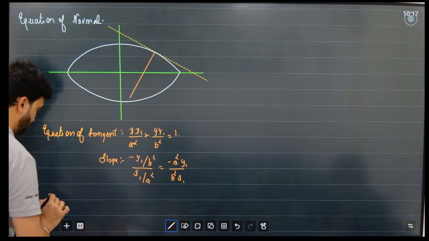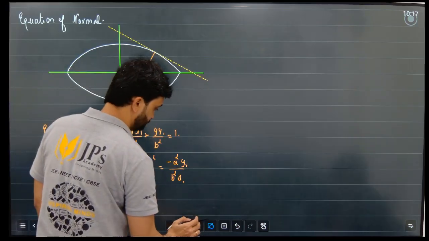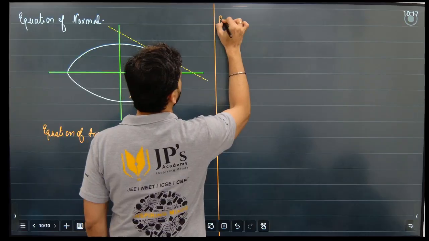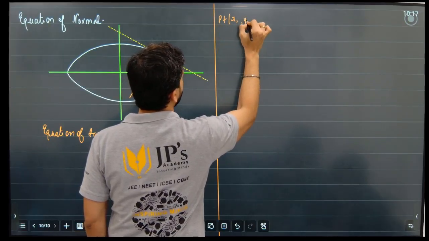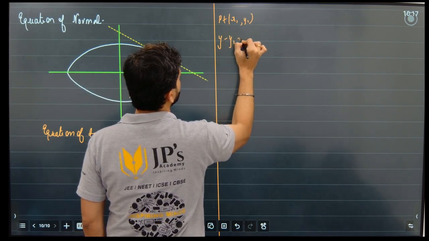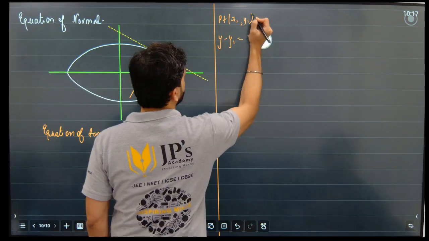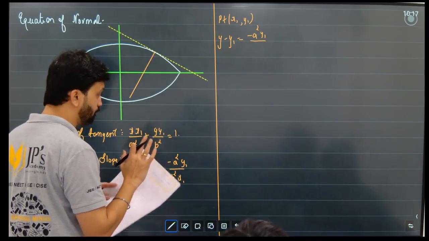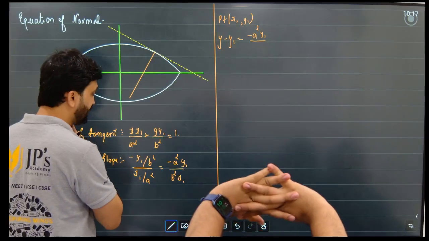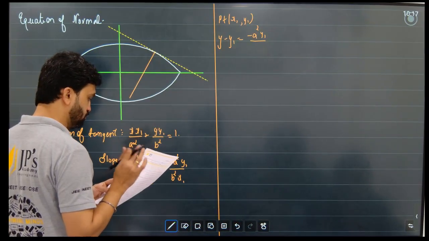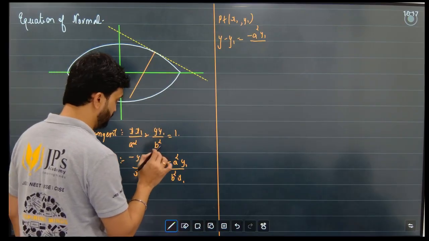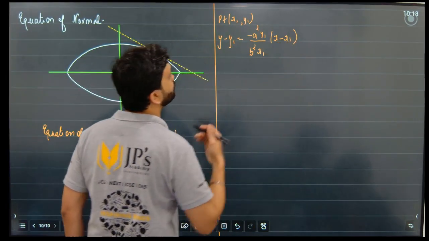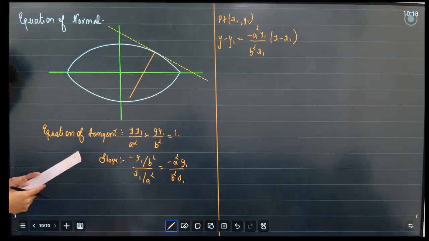Okay, my point is x1 comma y1, so therefore I have got the slope, I have the point is x1 comma y1, so it will become y minus y1 is equal to minus a square y1 upon b square x1, but it is the slope of the normal. Okay, minus a square y1 upon b square x1. So equation देखो क्या आएगा, equation now minus a square y1 upon b square x1 into x minus x1 minus b square y1 upon